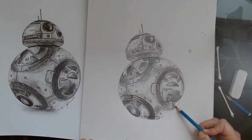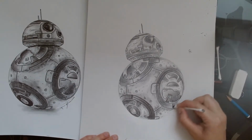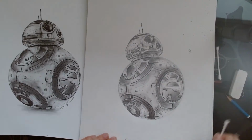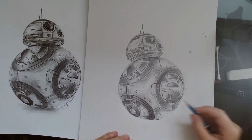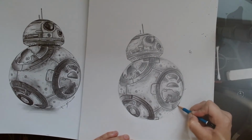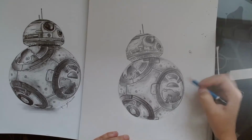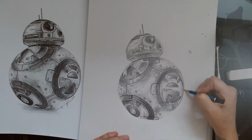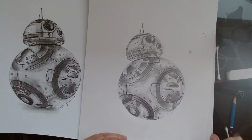And then on this one, I just added a teeny bit of shadow right in that corner and smudged it out. You might have to clean up your edge there. I'm going to outline it using my HB pencil just on the edge there. Okay, and then I use